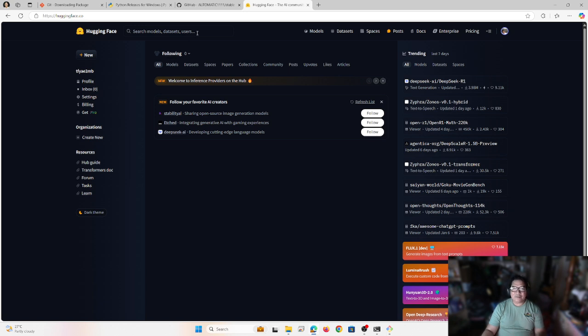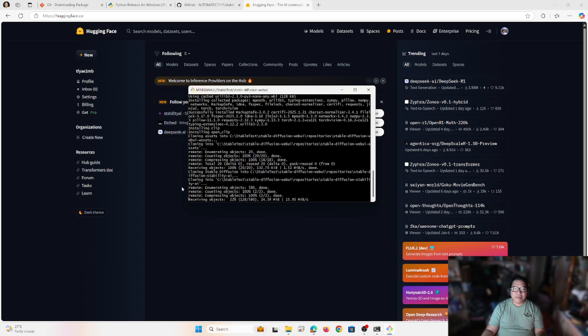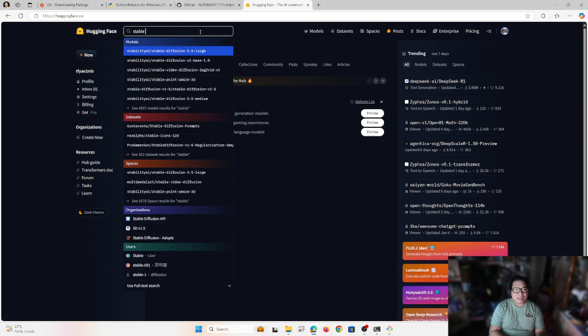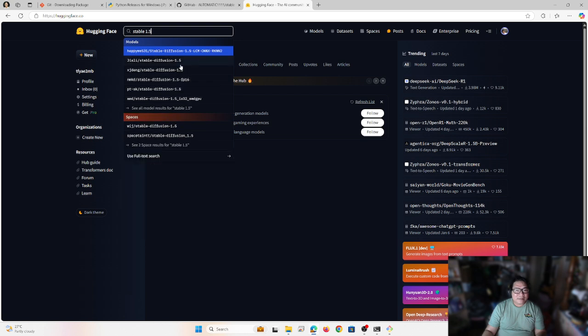They have specific use cases. For us, I'm just going to download Stable Diffusion 1.5. So we choose which version we're going to use.